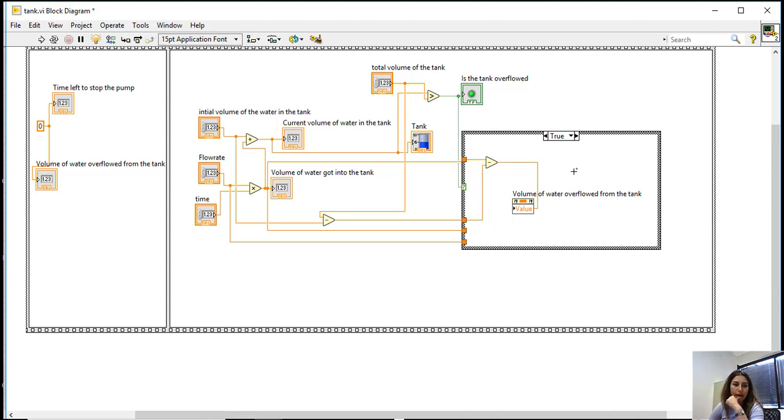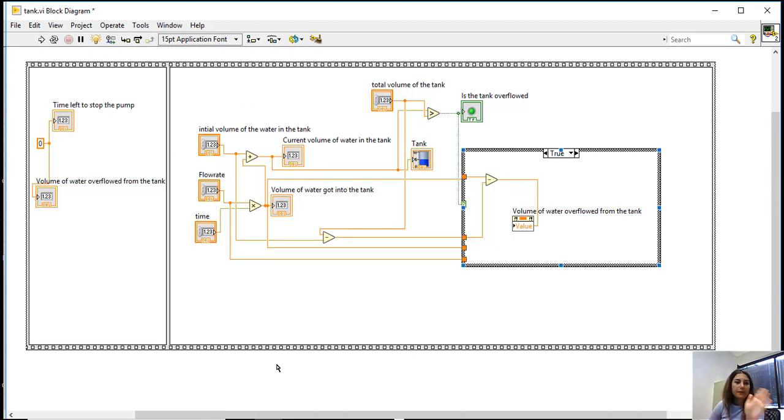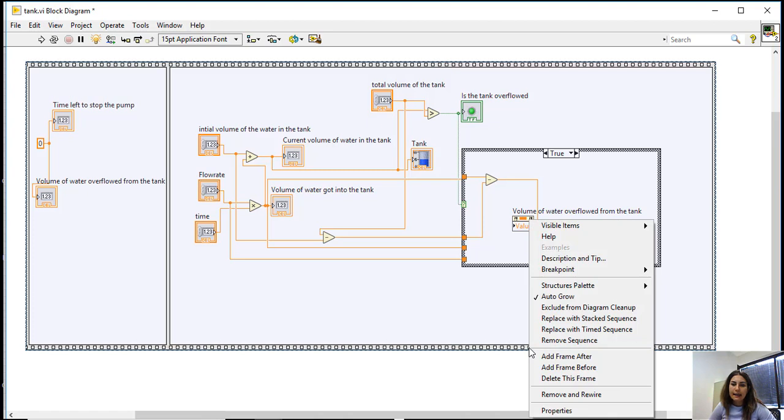This is interesting. This is one thing that I wanted to give you. There are two other things that I want to show you. So this flat sequence, you saw that, right? One window and then the next window. You can have another window afterward. If you don't want many windows making your program huge, there's another way to do that. You can right click on it and say